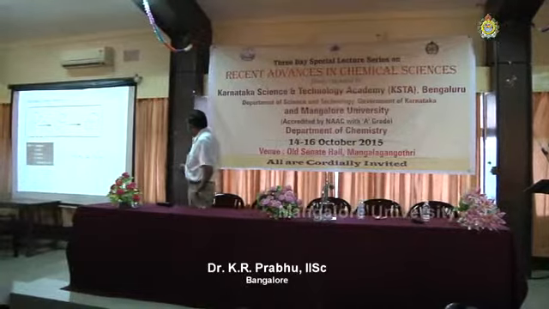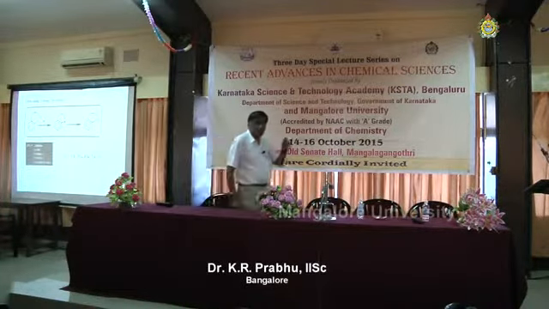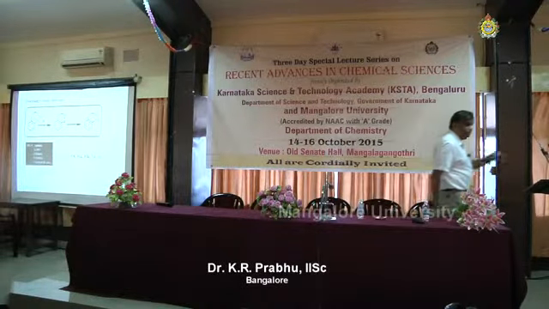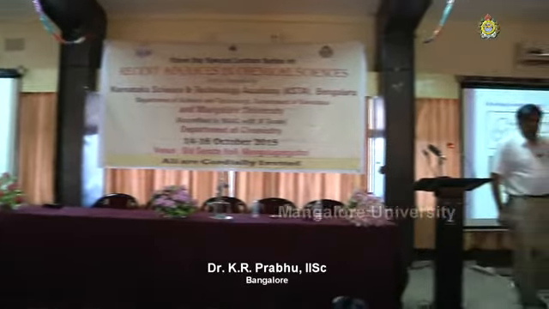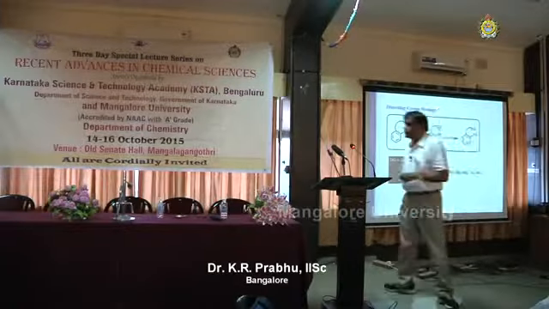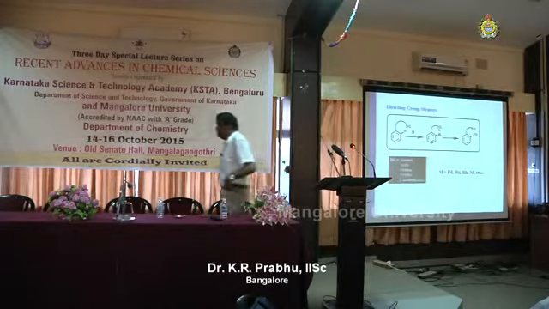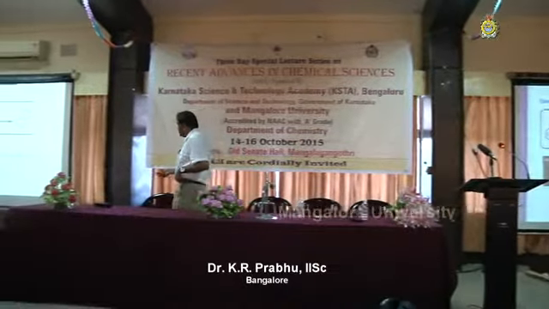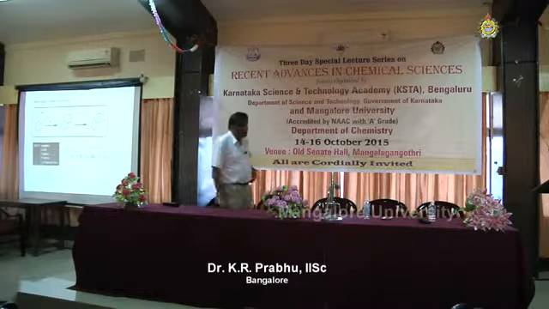Now, this is another thing in directing groups. What can be a directing group? A directing group should have a heteroatom like nitrogen, sulfur, oxygen, so that it can form a kind of bond with the metal you are using to form the metallacycle. So these are the directing groups: amides, acids, oxides and so on and so forth. Several metals have been used, palladium, ruthenium, rhodium, nickel, etc. But we chose ruthenium for our particular research.